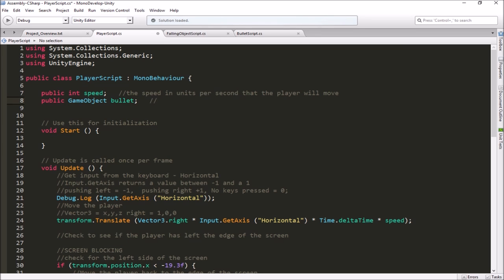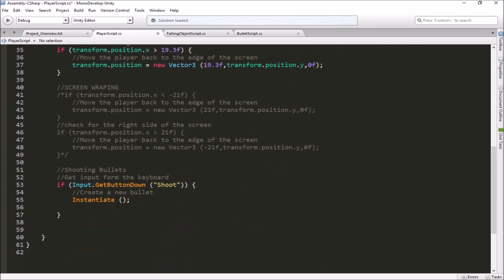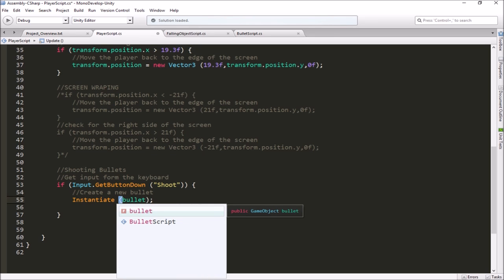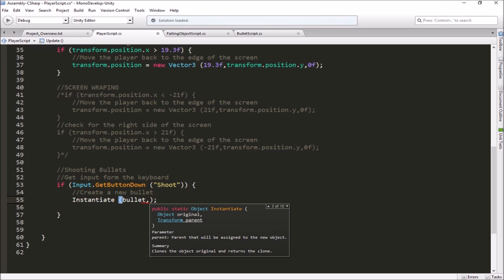All right, so this will hold a link to the bullet prefab, and we'll fill that in the inspector, so we can drag that in there, and then our code here will know what it is supposed to make. So then down here in our instantiate command, we will tell it to make a bullet,